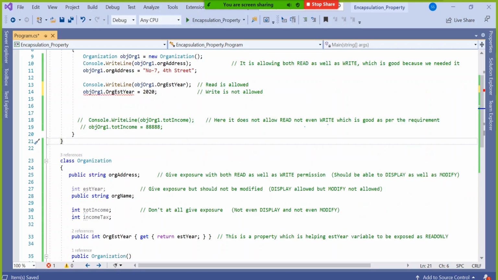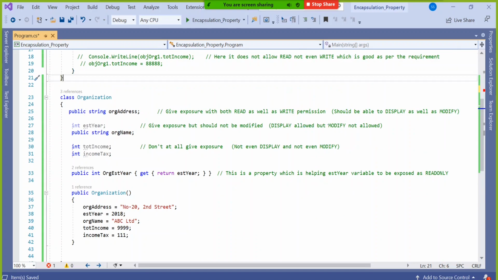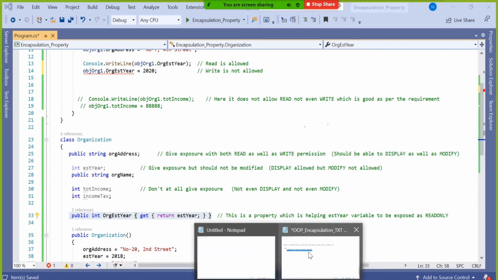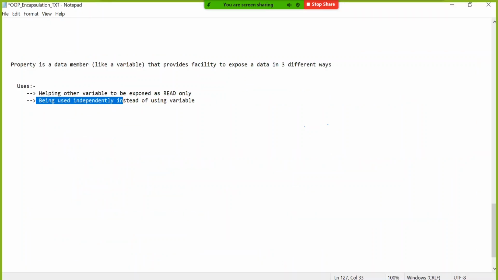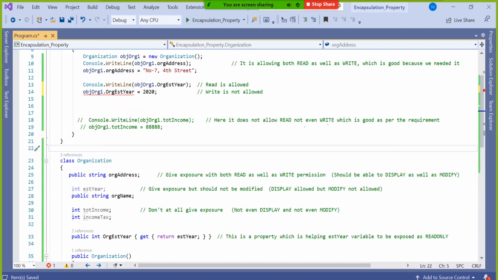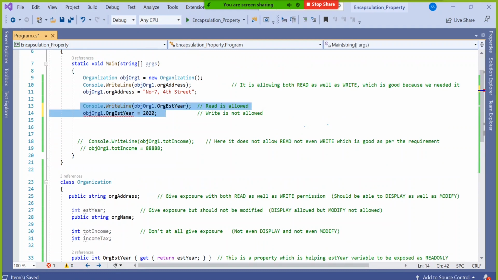So, did you get something better? Just using a simple variable versus using a variable with one helping element called property. The second facility: I don't have any variable, and I want to make one independent property. It is not just a helping element, rather it is one independent element. That we'll see next class. But whether you understood, are you able to identify our problem with our solution?